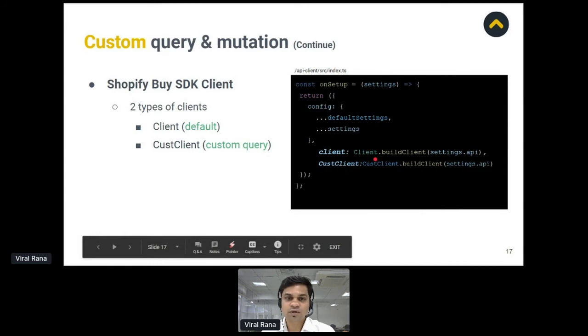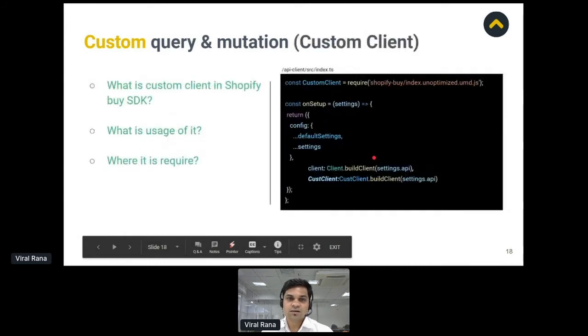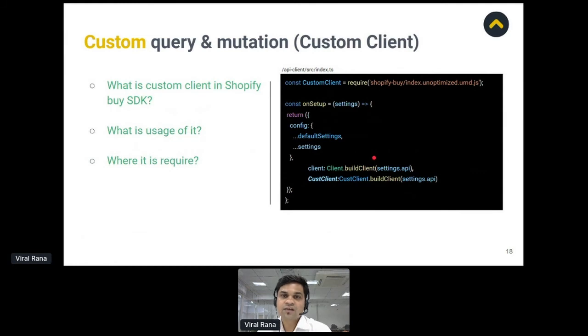So let's explore the custom client. Many of you may have the question of why we need the Shopify custom client. As discussed, it is not required to use both the custom client and the client in your project; it depends on a case-to-case basis. It totally depends on your use case, on which fields exactly you want to retrieve from your Shopify backend.